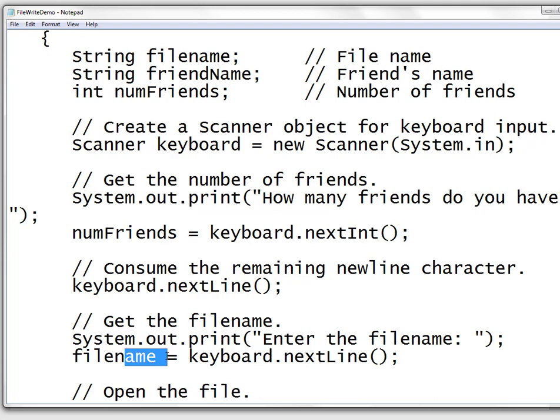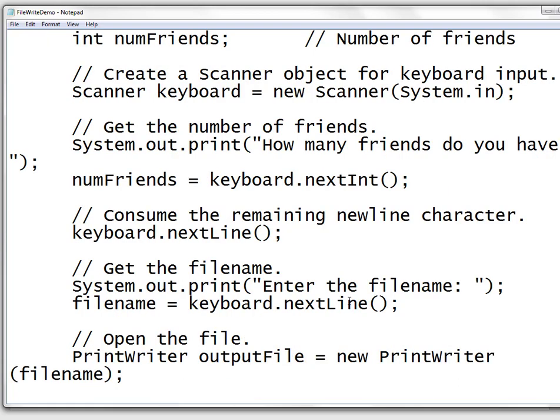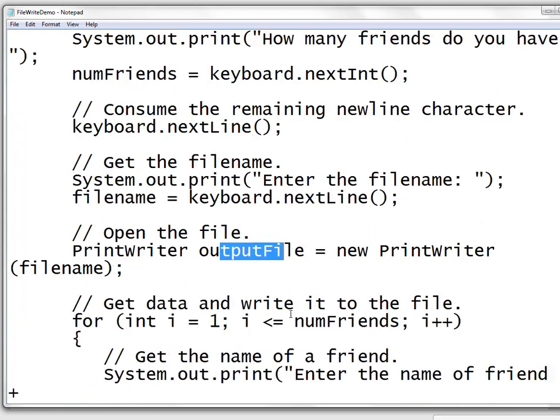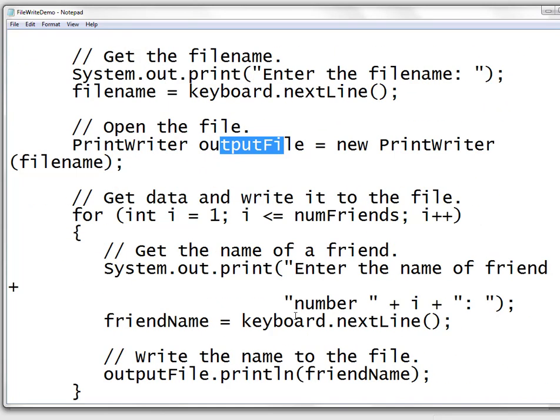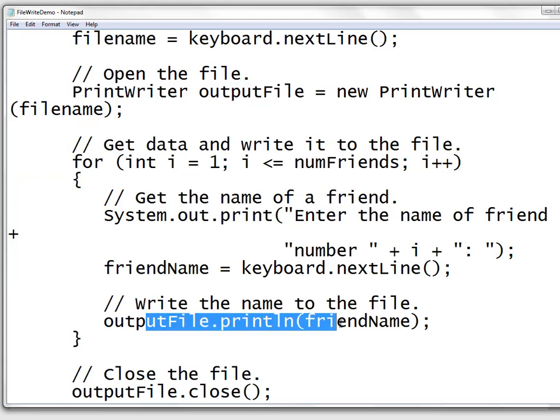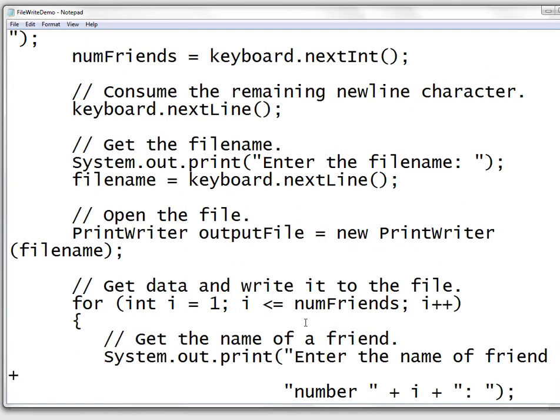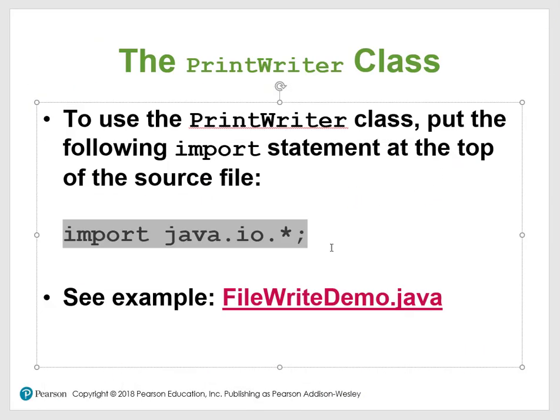This file name is what? This file name, this string right here. So you start to open up the output file by using the PrintWriter class, and you store this into the friend's name, okay, and you output this to your out file, and finally you close this. So if you look at steps 1, 2, 3, these 3 steps that I just shared with you,